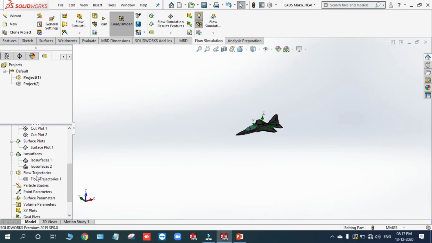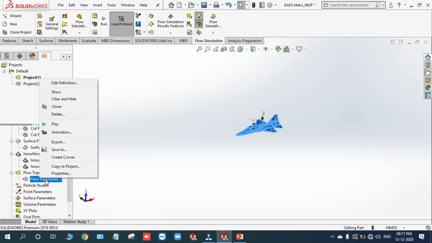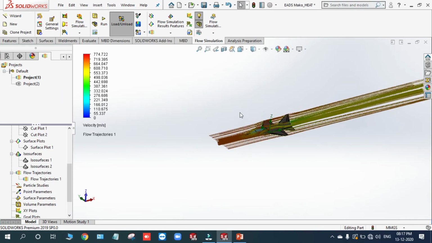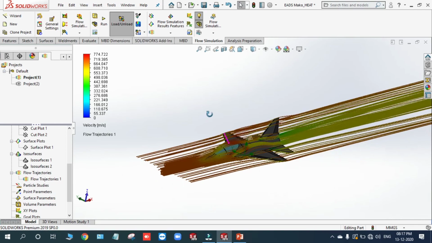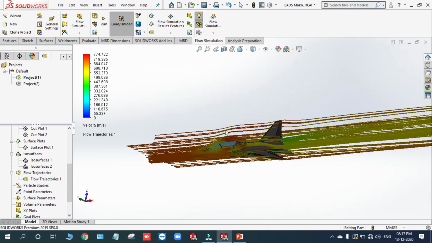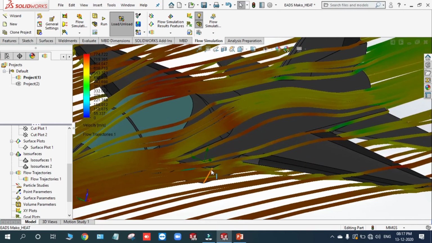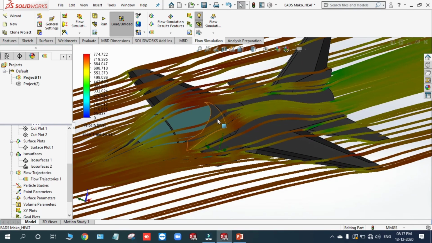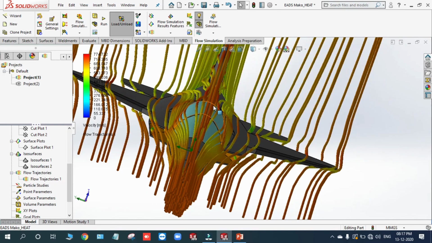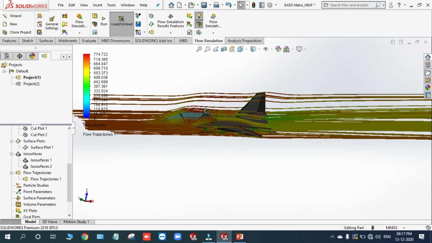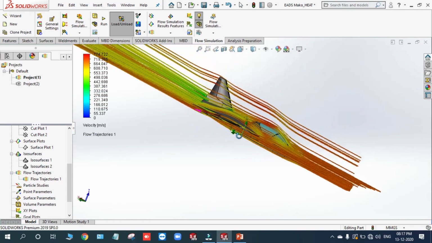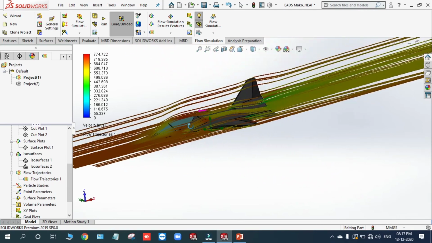The next thing to deal with in the project is the flow trajectories. I'll activate it, and you can see how the trajectories are. On these particular wings you can see how properly streamlined structures are going, right? And even in this location, you can check here, there is no vorticity and there is no invalid flow.